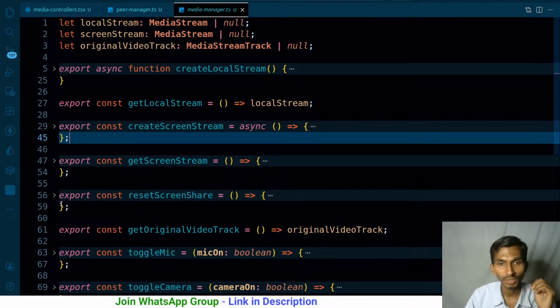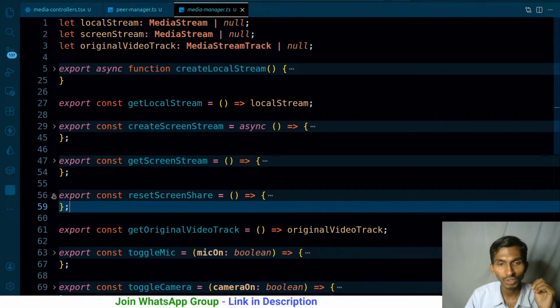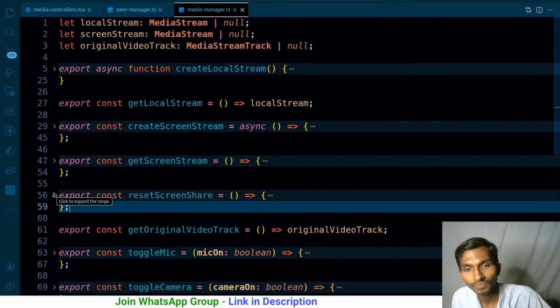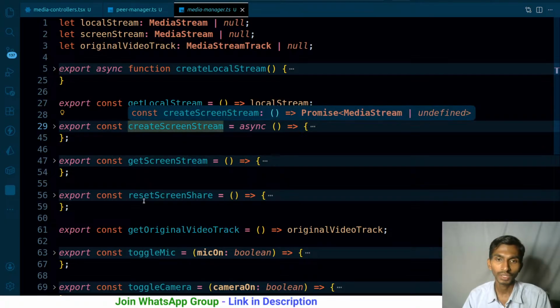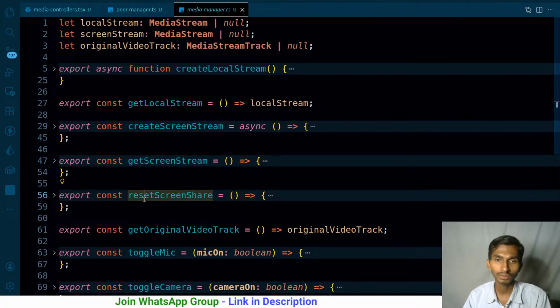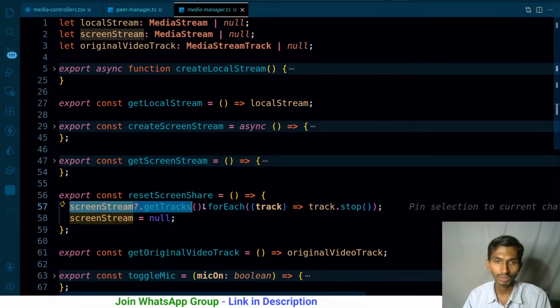Get screen stream, reset screen share. So at that time I'm just simply stopping everything, right? Yeah, it's time to recreate it. Create screen stream, reset screen stream.